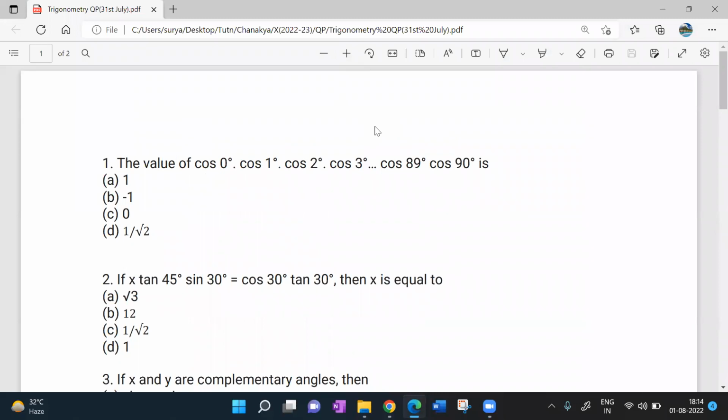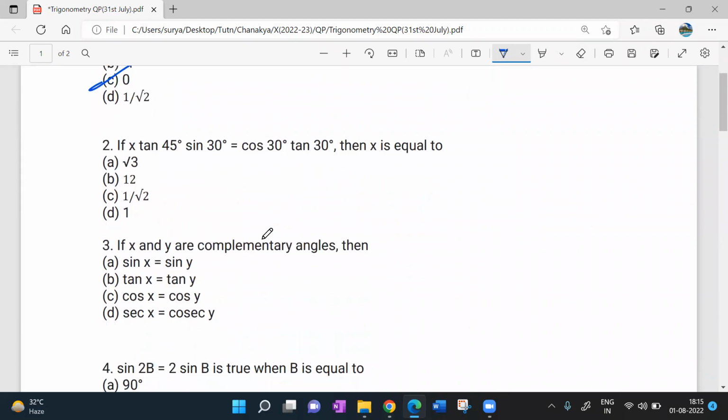This is a very simple question. Actually, the value of this thing is what? Tell me, cos 90 is what? Zero. So you have product beta cos 90 is zero, isn't it? Yes, clear? Yes, sir. The entire expression is going to be zero. Any doubts here, guys? Very simple question. Need not even think further. Direct answer. Cos 90 is 0, 0 into something is 0 here. Okay, so next,